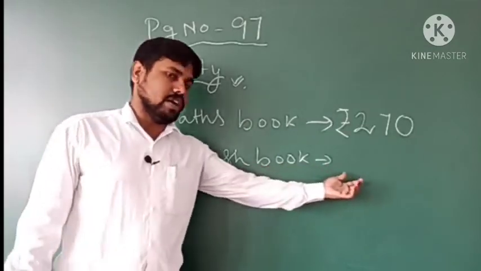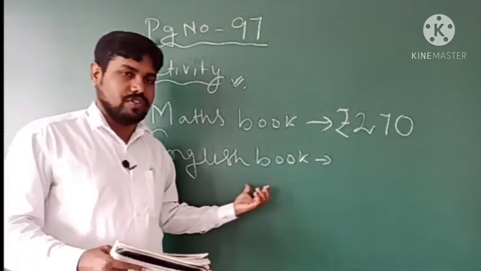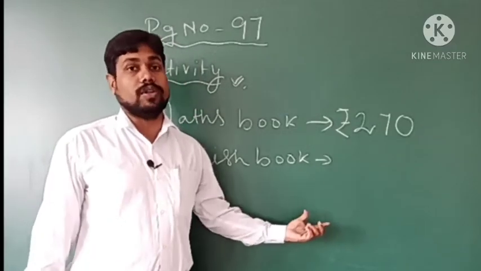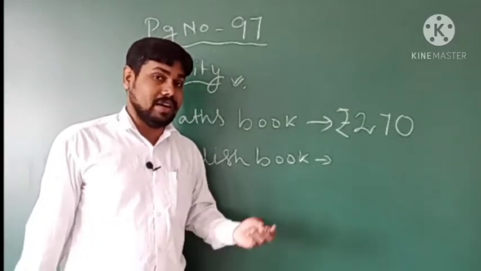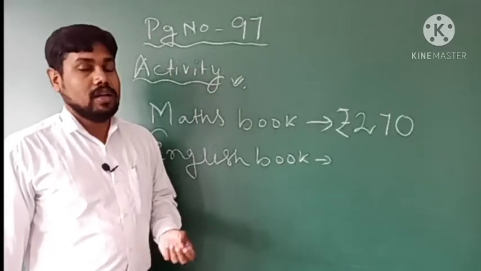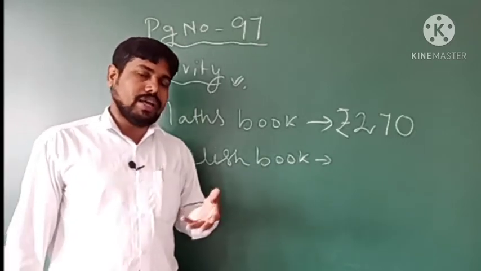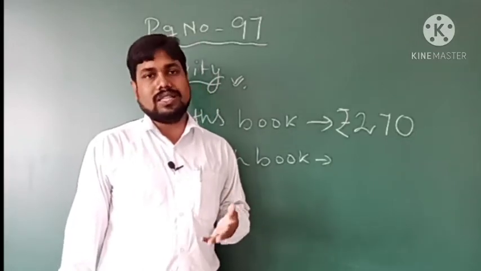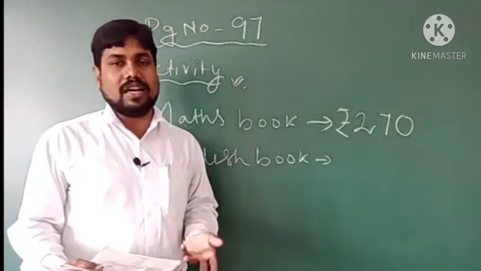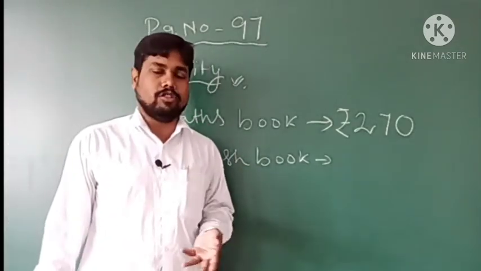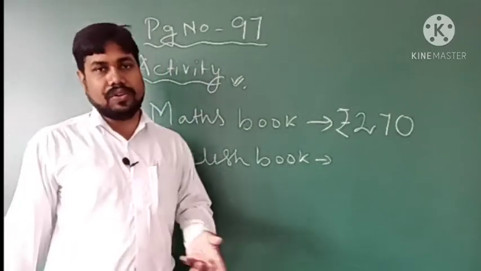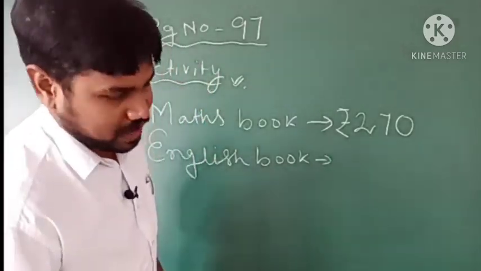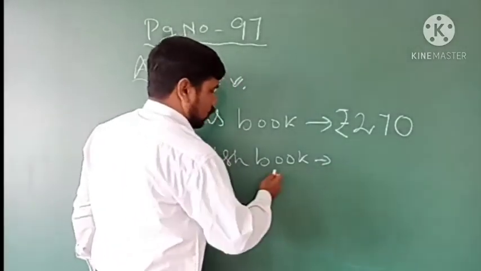So for the English book, write whatever the cost of the English book is, then the cost of the EVS book, Hindi book, then the notebooks, the total cost of whatever notebooks you have. Then the pen: the cost of the pen might not be written on it, so you or your parents will know, since you or your parents brought it. Write the price of the pen or pencil. If you have a pen, write it, otherwise keep it blank. And the cost of pencils, whatever pencils you have, we will write the total cost here. And finally you have to check the total cost by adding the cost of all the books, right.